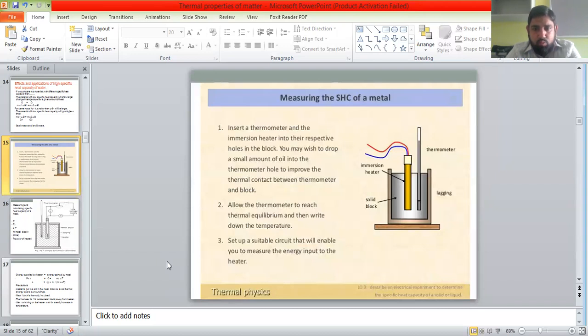Ideally, the method I use for this topic is to take the class to the lab and we conduct this, we collect the data and the observations, and then we make our calculations on a worksheet or something. But here we will be depending upon these pictures. For example, here we are provided with an apparatus and we are going to measure and calculate the specific heat capacity of a metal block. So what apparatus do we have?